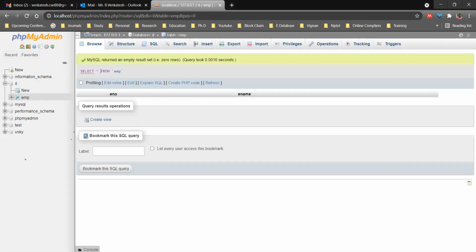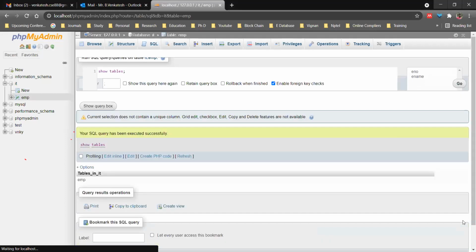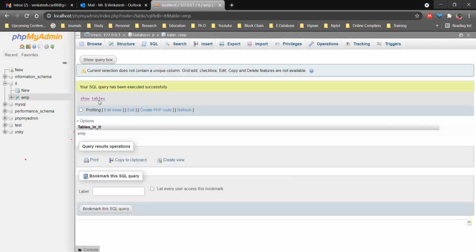To see the list of the tables in the database, what we need to do? Show tables. So how many tables are there? Only the EMP table. Are you able to see here? EMP table. Now I am going to do the same table creation